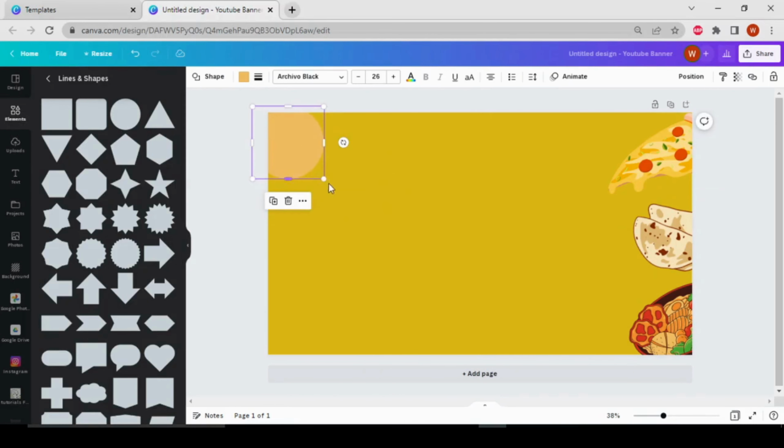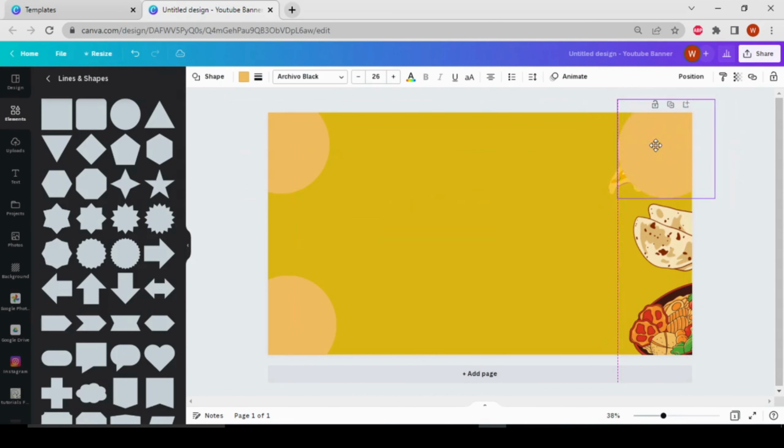Then put it here, make it bigger. And I want another one, so I copy this circle from here. Then put it here. Again I copy. You can copy anything. Just click on this plus button sign like this and put it here